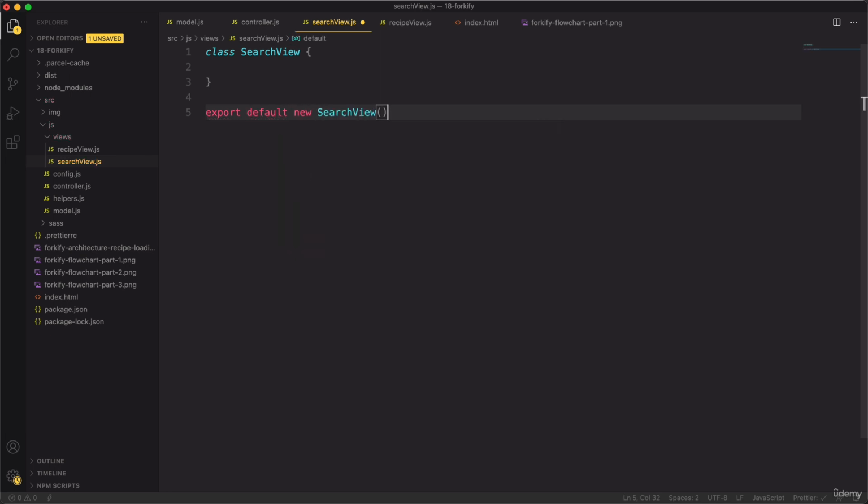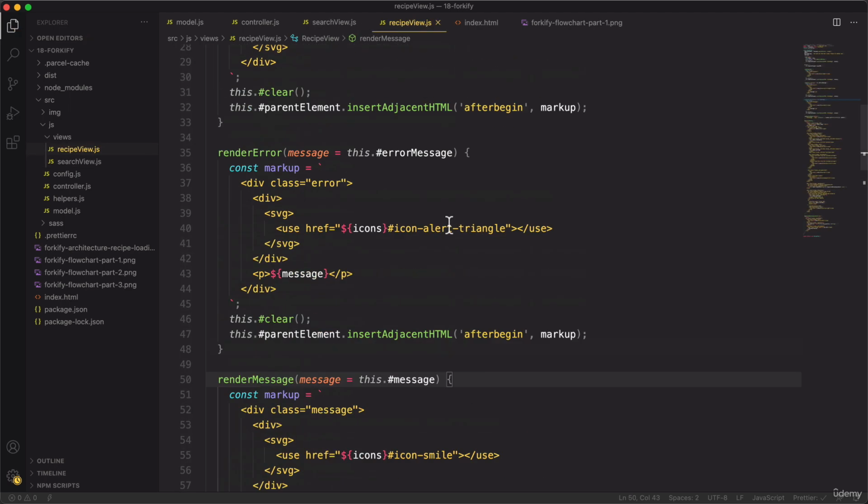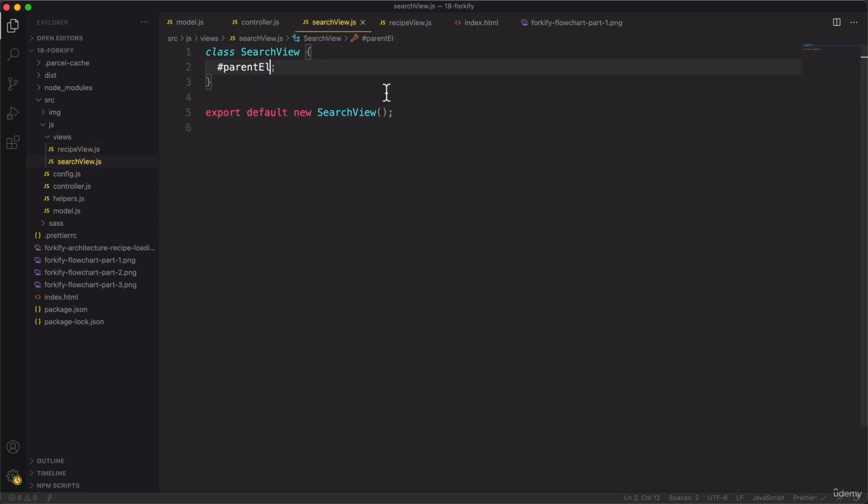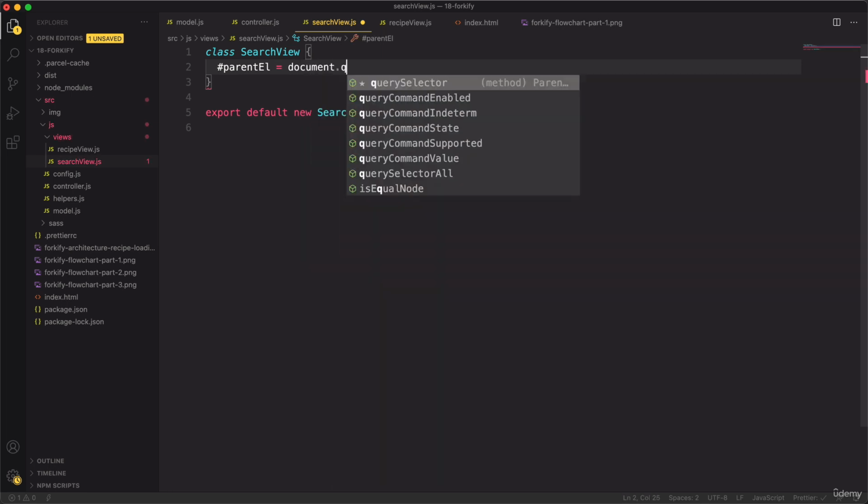So export default new SearchView, and without passing in any data. Then, just like before, we will have a parent element. So just like in the recipe view, a parent element, and then we will set that to something,